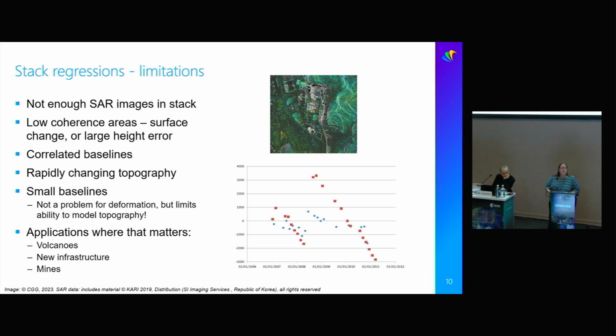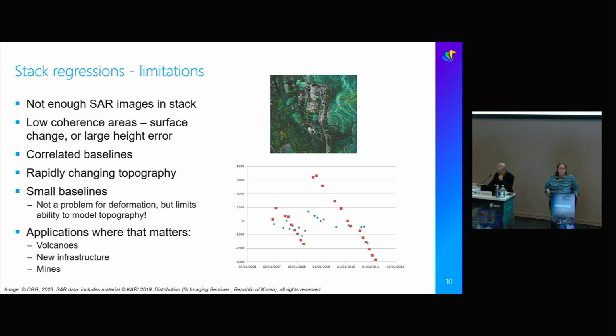Correlated baselines are another issue. Again, some of the new SAR satellites have issues where the baselines vary through time. And a lot of these processing chains and processing algorithms make the assumption that the baseline distribution averages out over time and is essentially random. Where that isn't the case, you have to start being really careful with what assumptions your processing makes. The example I've got here is actually a historical example. I stole it straight out of my Fringe 2011 presentation. It's ALOS 1. But the same can be true for quite a lot of the newer SAR satellites.